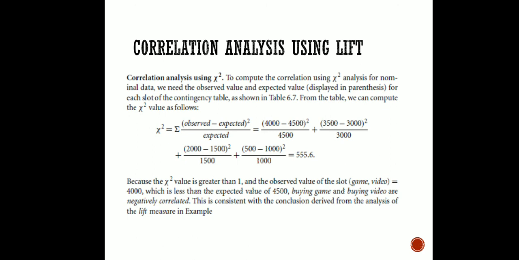In this way, using the lift, we can calculate whether support and confidence measures alone are enough or not. If we use one more parameter, that is correlation, we can find out whether the support and confidence levels we are setting are enough or not, and we can change them as per our need.